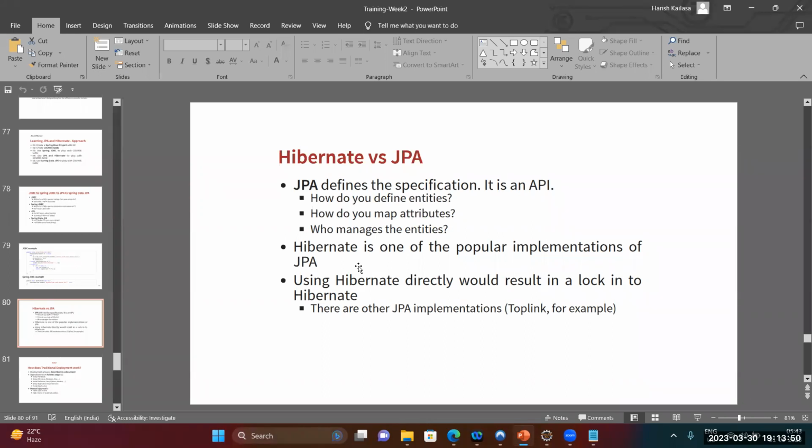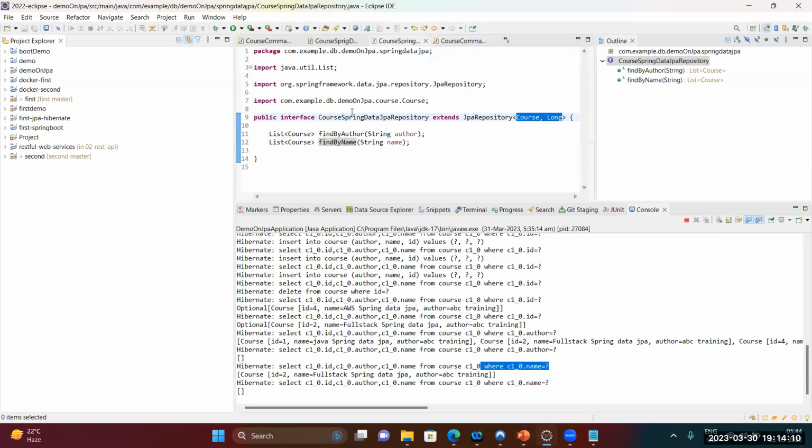So we never worried about what is the method for save, what is the method for find by ID, where is the logic, and you don't require to worry about those things. So JPA defines all those specifications. Okay. So that means, whenever you go back and check it over here